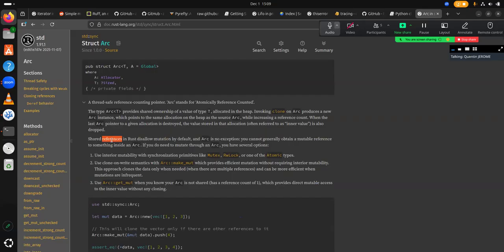This prevents the concurrency issues that you have in C or C++, where you get some data freed while there are still some threads using it, causing use after free bugs. So this is a mechanism to prevent any use after free, but also to